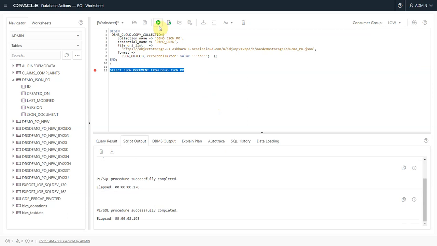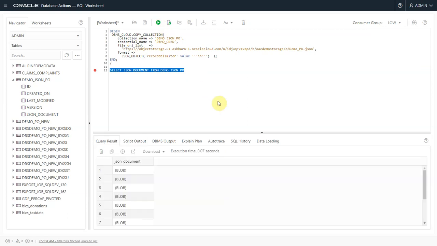Once this is executed, I can query my collection and I will see that it has copied the JSON data as a blob object. Every JSON object in my original file is copied as a separate row and as a single blob object in this column. Now I have my JSON data inside this table, but I cannot use this blob object as is for querying purposes. I need to be able to extract the JSON schema from this blob object as separate columns so I can query it from OAC.